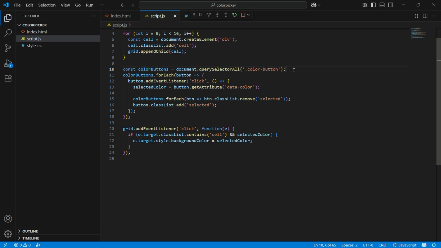It creates to find all the buttons with a class of color button. So here for the const color buttons, document.querySelectorAll color button. It finds all the buttons with a class color button. So next is the color buttons.forEach button. So it adds a click event to each color button. So when we click it, it saves the color from the data color attribute, and then